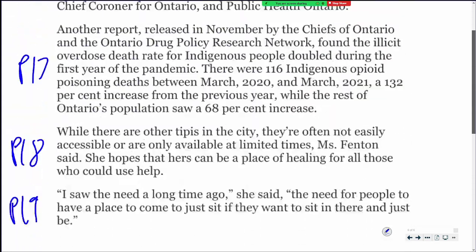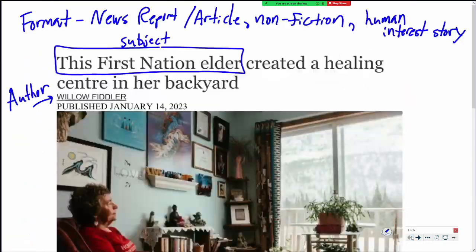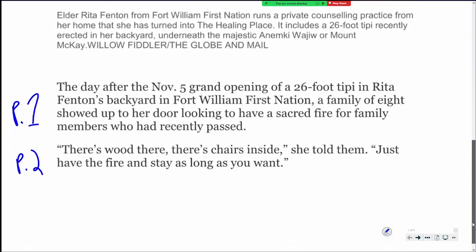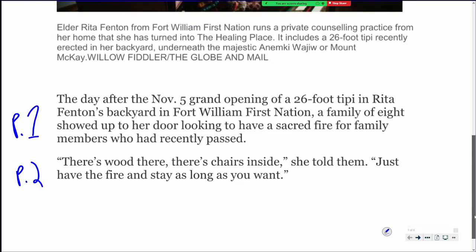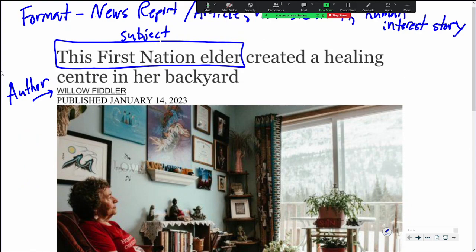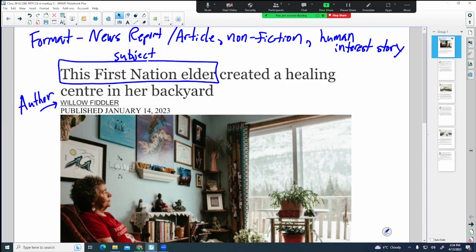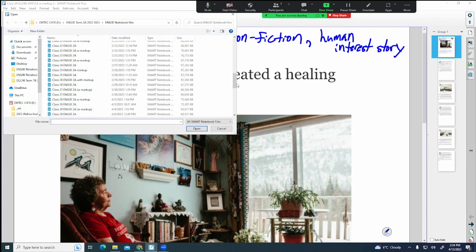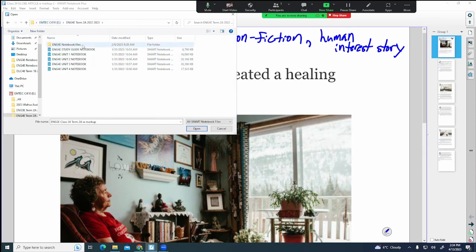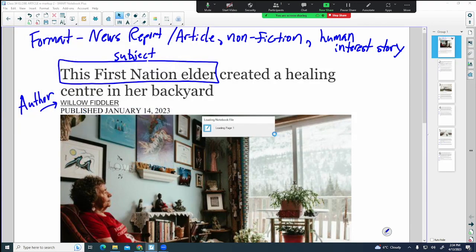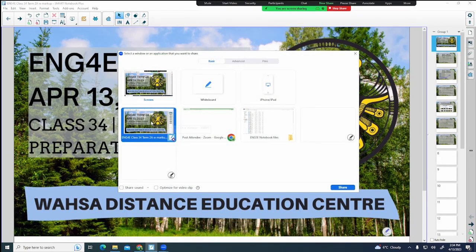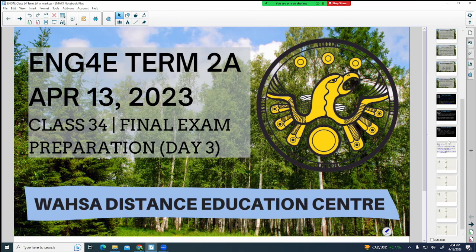And so we can look at how this, if we go back to the start of the article, it's a news report, it's an article, it's nonfiction, it's a human interest story, and then we can talk about how the article was written. And so actually I'm going to do that now. I'll open up my notebook. I'll go back to our slide deck here. Whoops, that's not what I want. I want ENG4E. Alright, so we can open up our